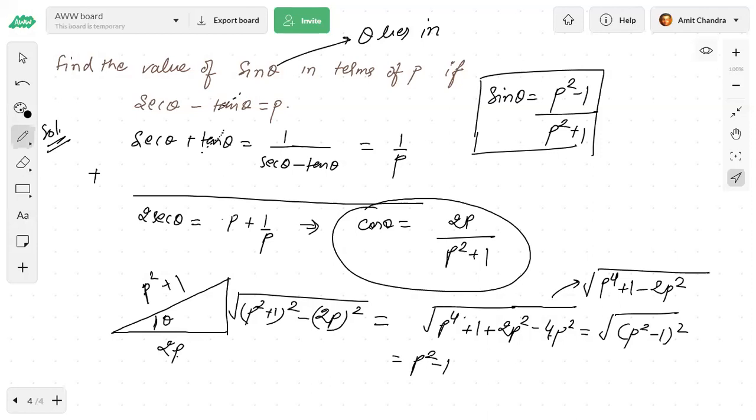Okay, so see this thing. Cos theta is equal to 2p by p square plus 1. Cos theta is equal to 2p upon p square plus 1. Everybody must have got this, right? Now what I will do, I will form a triangle. But sec theta I have written as 1 by cos theta, and I have cross multiplied. So from here I will get this part. Sec theta is 1 by cos theta. This will become p square plus 1. So I will take the reverse reciprocal of this. So this will become cos theta is equal to 2 will be multiplied here, so 2p. Do you want me to solve from here once again?